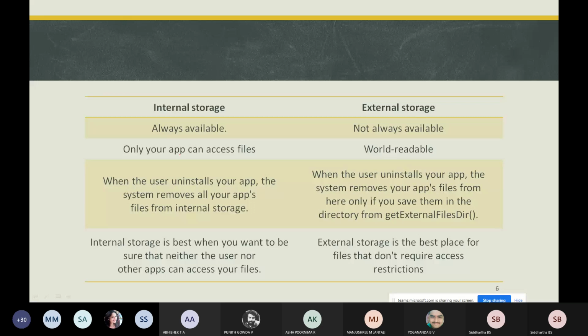Next, only your app can access its files. What is this? It means the app's internal storage directory is specified by your app's package. In the previous sessions you came to know about that.